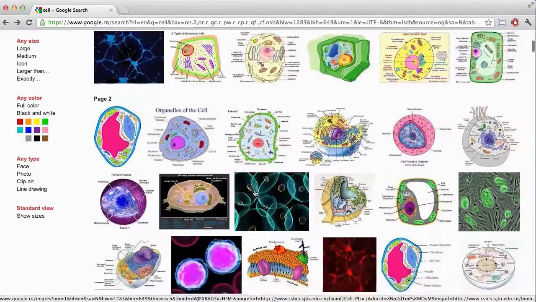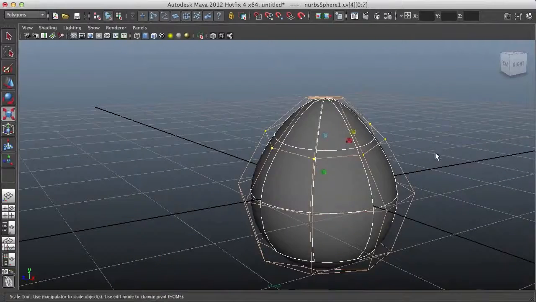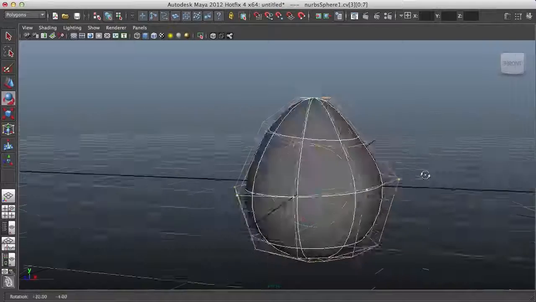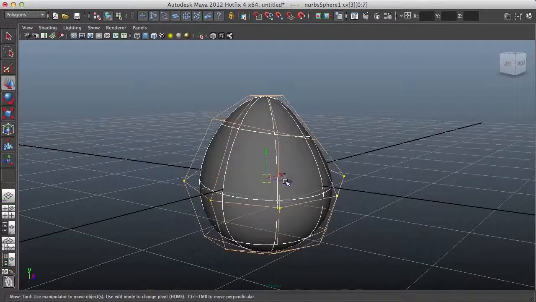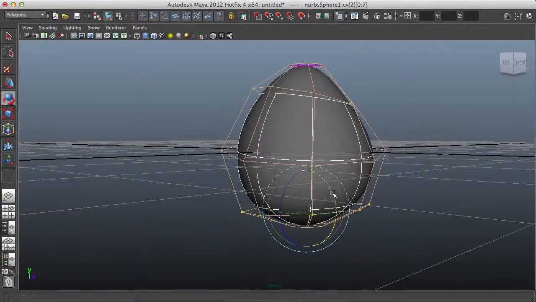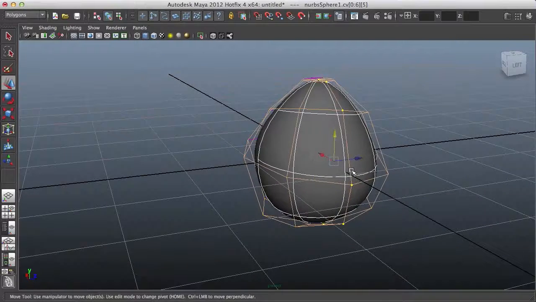So feel free to create the shape that fits your project. I'm going to check out this nucleus from multiple angles just to make sure it looks good from all sides. I'm going to do just a couple of small tweaks. Once I'm happy with that,